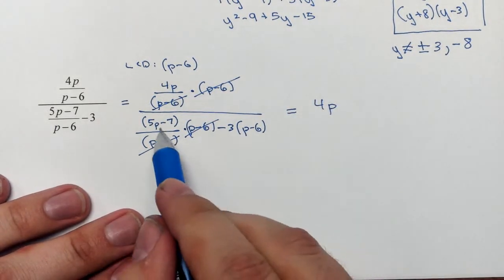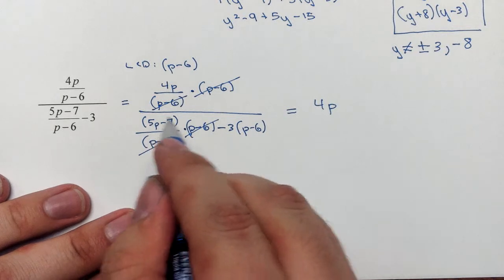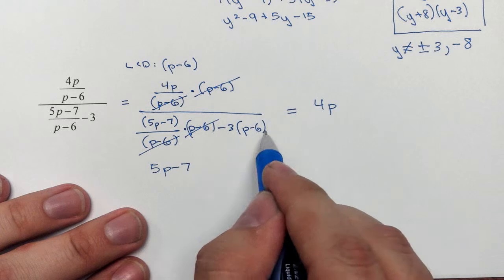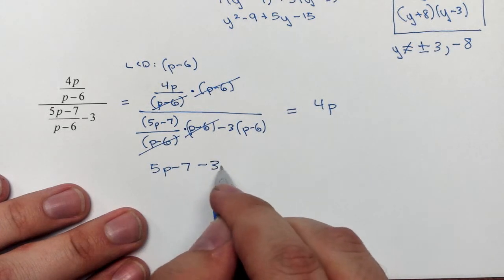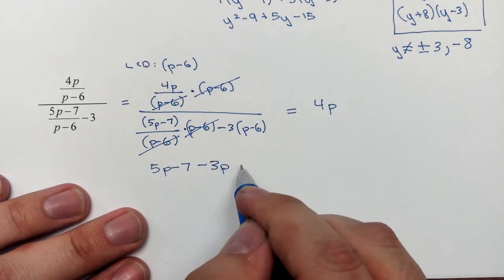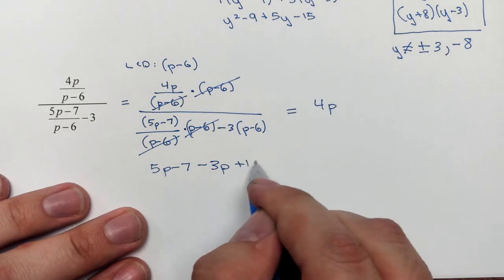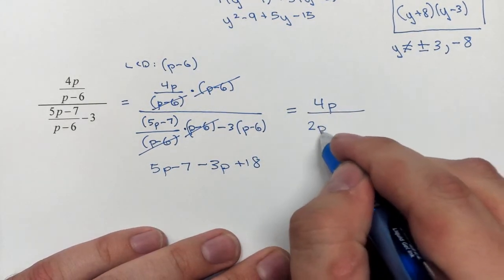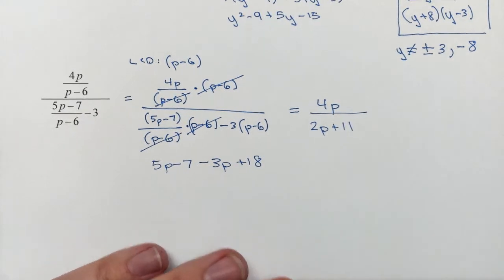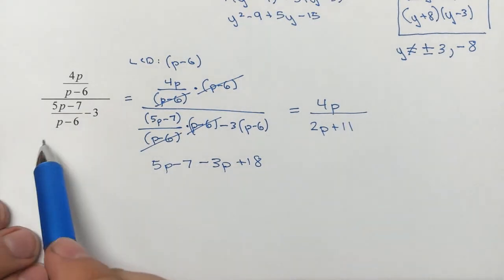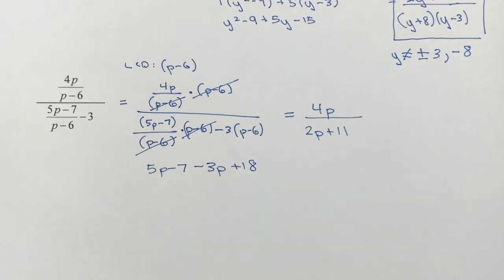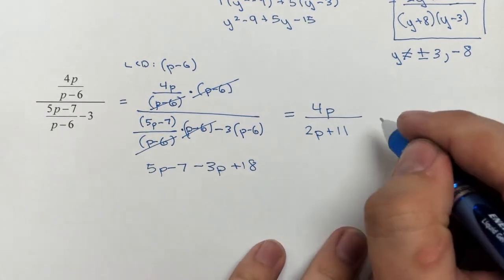In the denominator, be careful about what this is. You have 5p minus 7, and down here you're distributing negative 3 to p minus 6, so that's negative 3p plus 18. So my denominator then is 2p plus 11. So this really nasty looking ugly thing that I started with is equivalent to just 4p over 2p plus 11, provided,